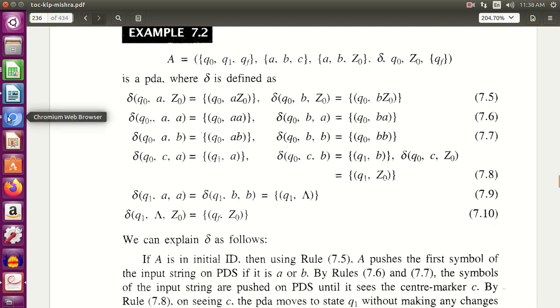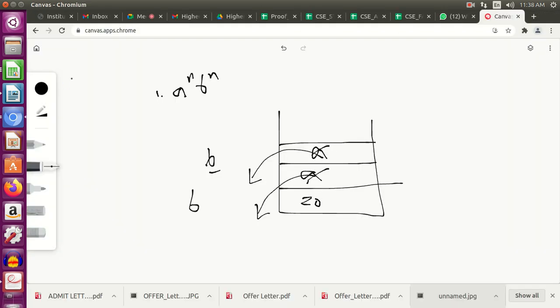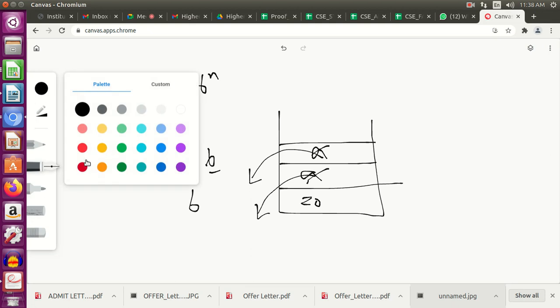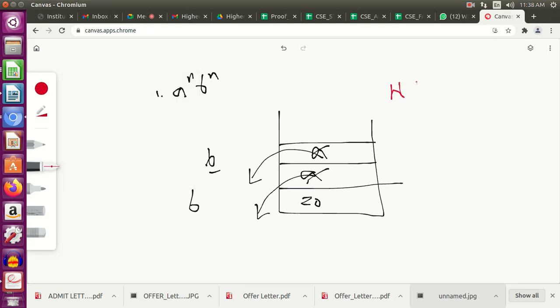So let us move to the next example where we are going to see a string of this form: W C W^R. So what is this W C W^R?